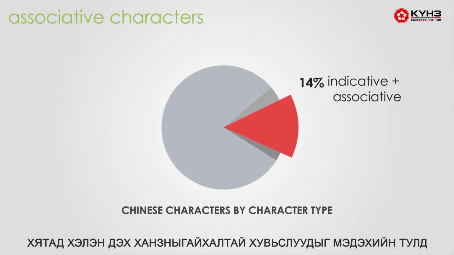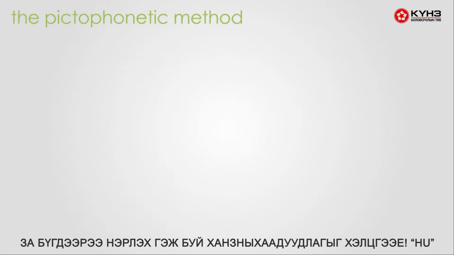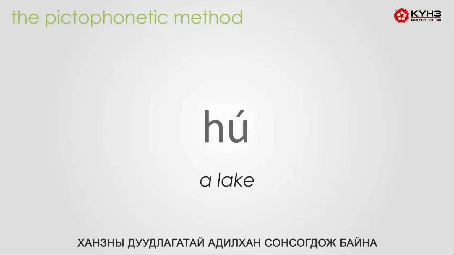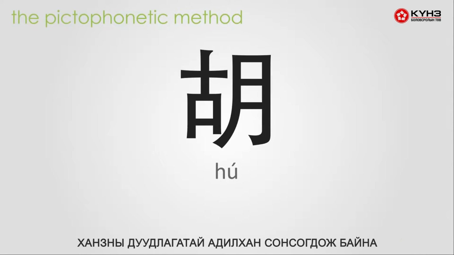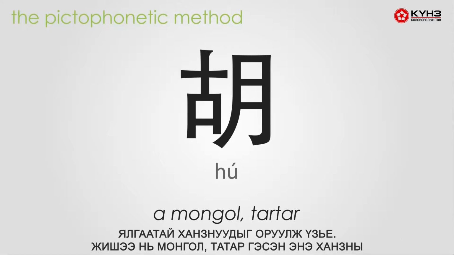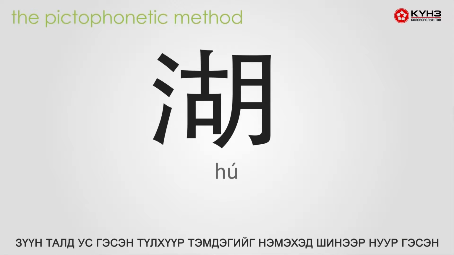The great breakthrough in the evolution of Chinese characters came with what is known as the pictophonetic method. Let's say we want to create a character for the word 湖, meaning a lake. We start off by taking an existing character that has the same sound, in this case the character 胡, meaning Mongol or Tartar, 2 of the northern tribes of China. We then add a picture radical to differentiate the character and to convey its meaning. In this case, we add the water radical to the left, and now we have a new character for the